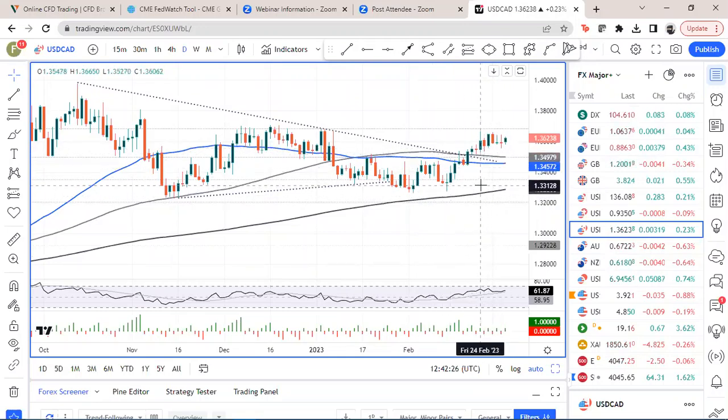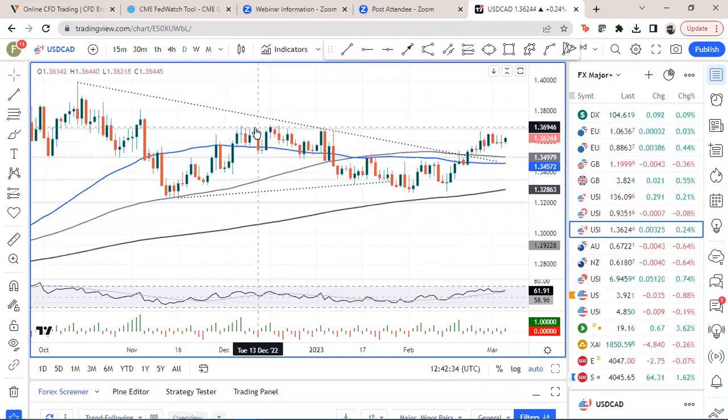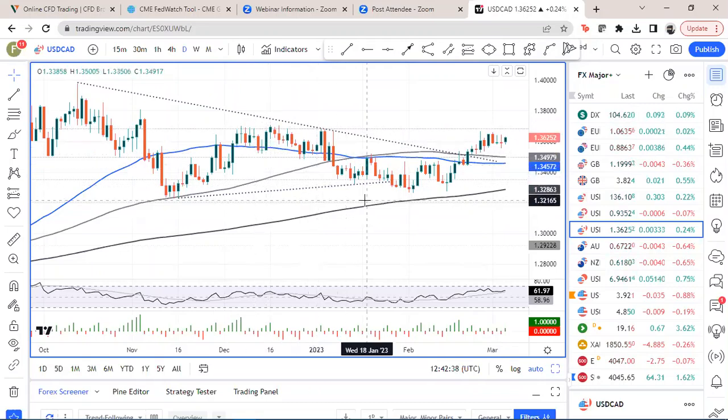We need to probably break that 136.65 level to the upside. That remains solid resistance, really. And then you've got this resistance just below 137 or so, reinforcing that resistance level. And then potentially, if we move down, probably Friday's low, 135.55, then potentially we get towards the 135 level.